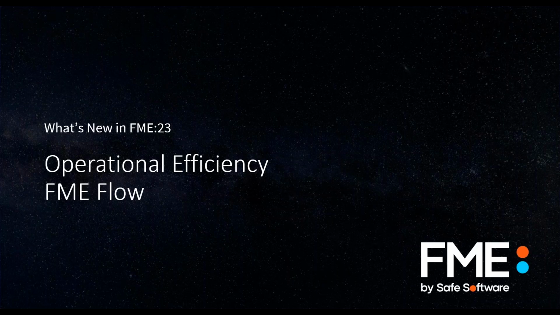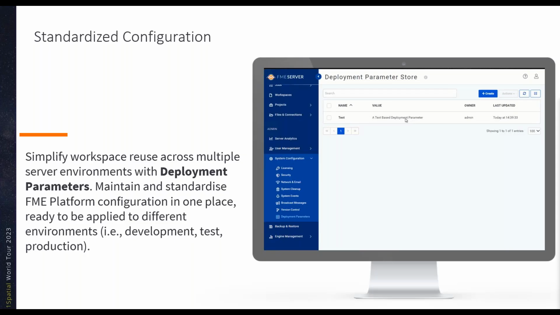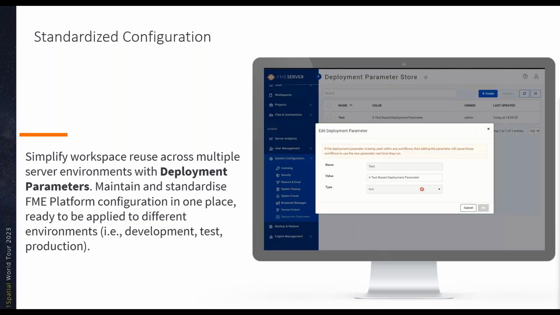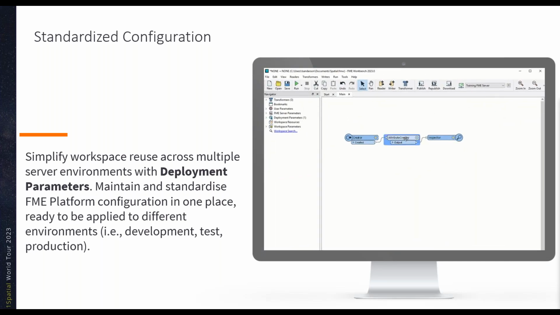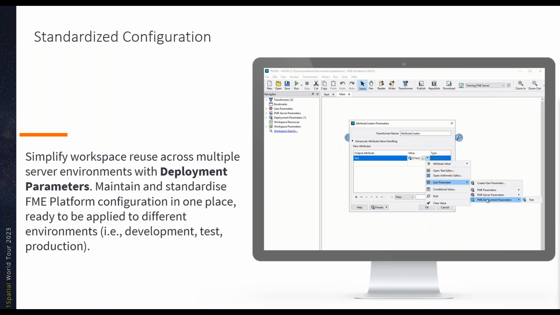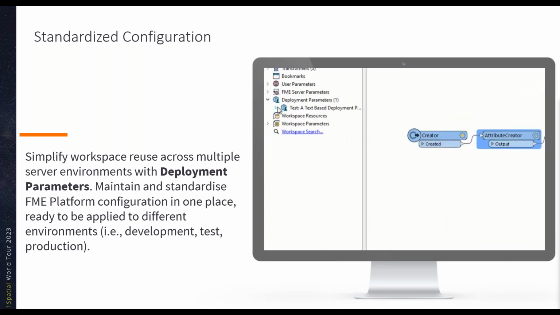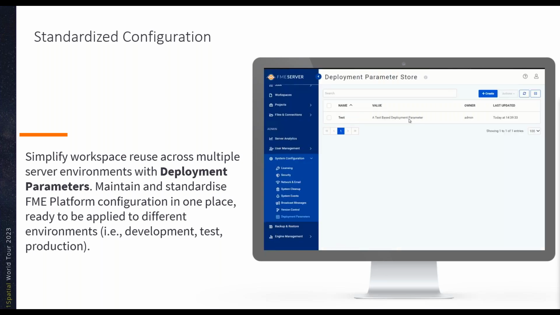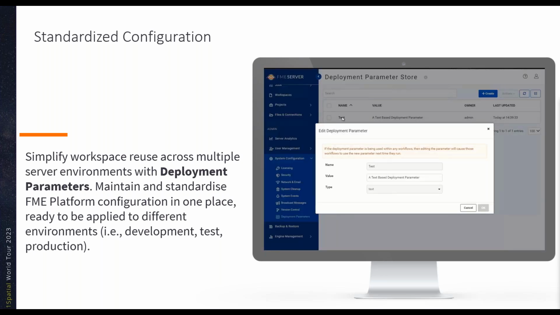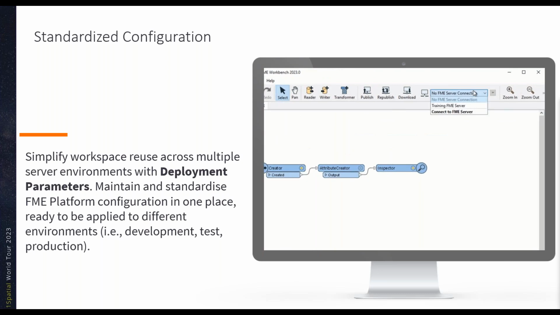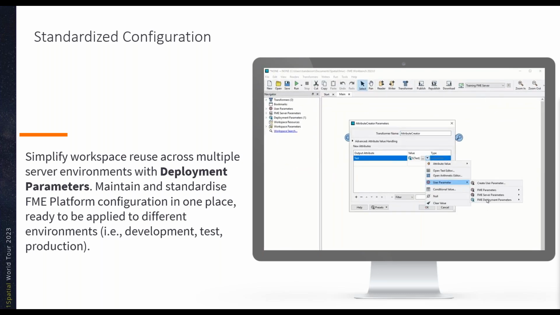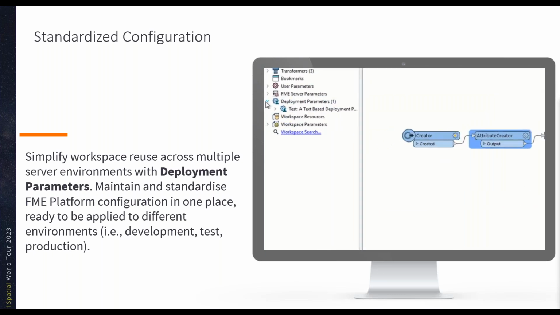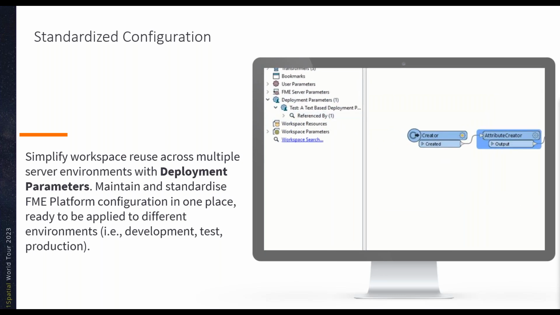And finally, the last section, operational efficiency within FME Flow. So deployment parameters are a feature to enable you to easily manage and migrate FME Flow components between different environments. For example, a workspace is published to your test environment. It uses a database connection into your test database, and it might write out some data into another piece of test environment infrastructure. The workflow is triggered by an automation maybe that also is related to incoming events occurring in